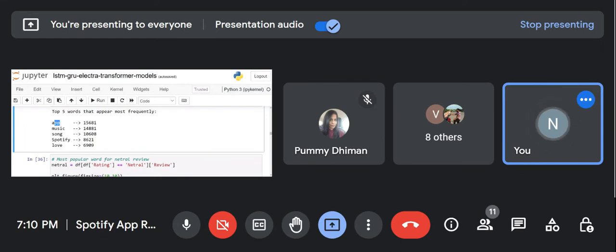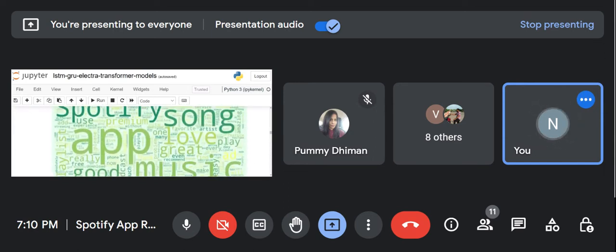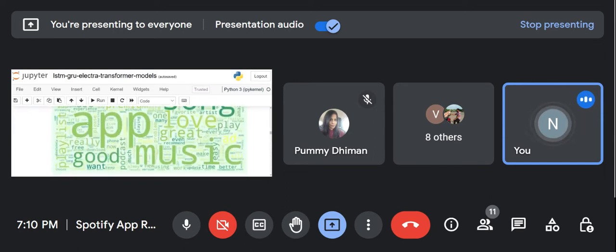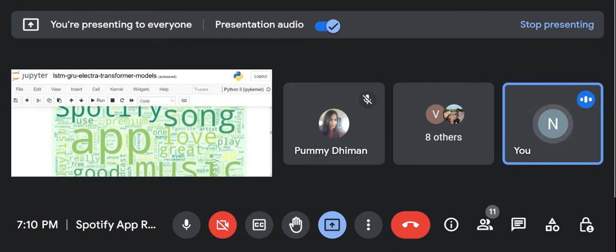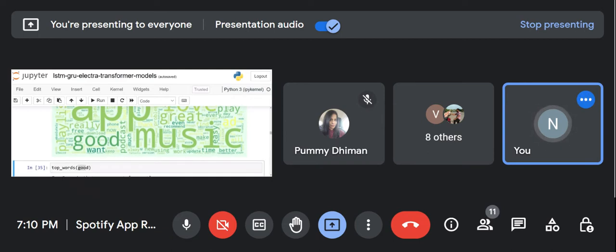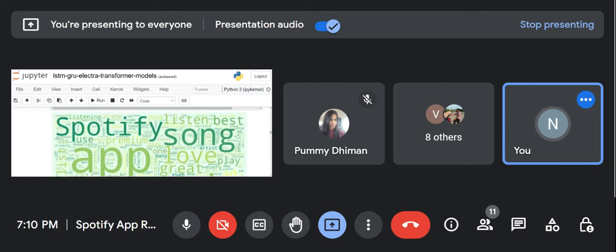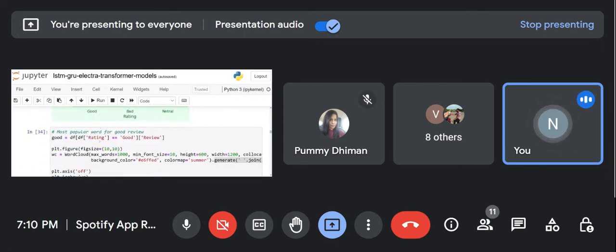यू आर गेटिंग these words are the top words which are appeared or which are frequently appeared, ये कहाँ से निकले, यहाँ से निकले, you can see in the word cloud दिख ही रहा है, ऐप सबसे बड़ा दिख रहा है, ऐप, Spotify is also having a huge means large size, song, love, music, these are having good sizes, so the frequency of occurrence of these words in good reviews, ये यहाँ से in